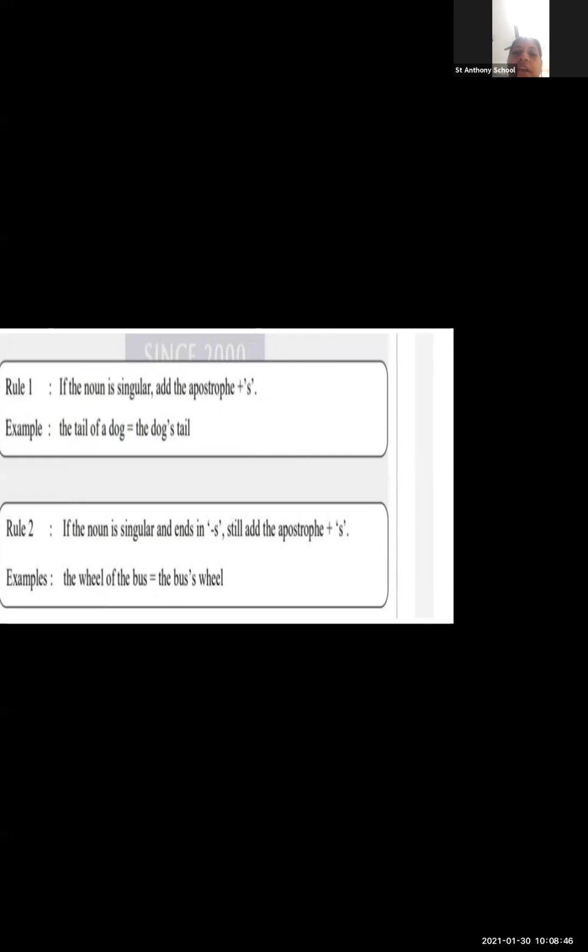Is the doubt clear? Don't get confused between the apostrophe and the contraction. Contractions are used to make the word smaller, and in that we always make the verb contract with the pronoun. Okay, I will, it will. And in apostrophe we just give an apostrophe and add the S for the singular and the plural one.